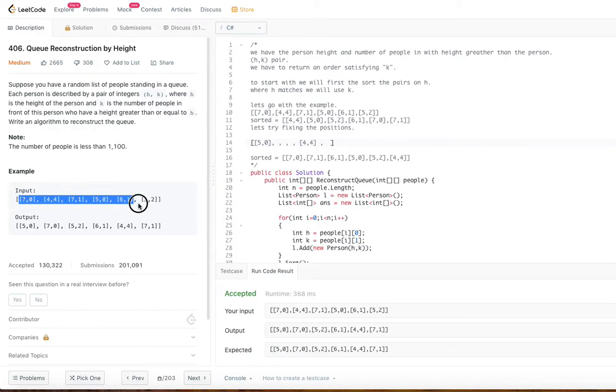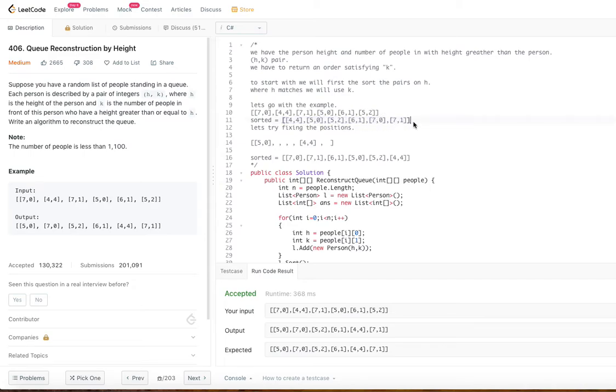Let's go with the same example and work out an algorithm from this. We sorted based on height first, and if the height matches, we go with the number of people in front of that person, that means k. Obviously the smallest height is 4, then 5, then 6, then 7. So we have sorted in the order 4, 5, 6, 7. For 5 there is a match, there are 2 entries. So the one with 0 people in front of him we put first and the one with 2 people in front of him next. So this is a completely sorted array.